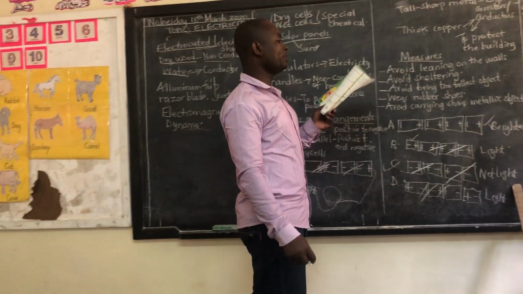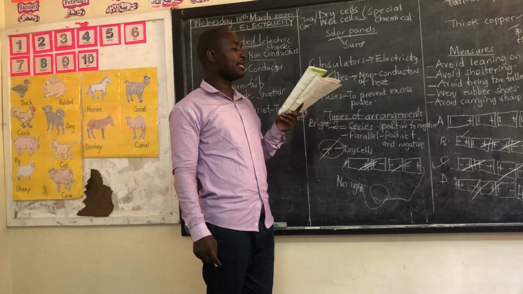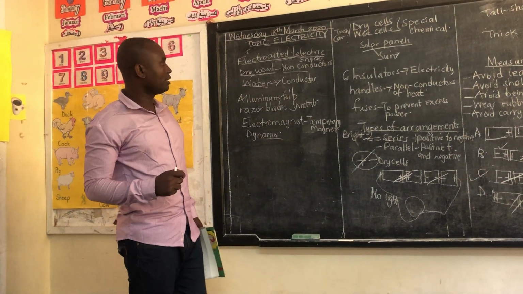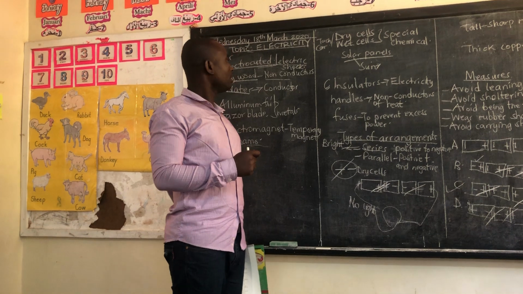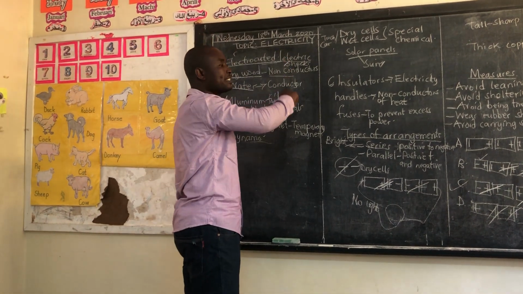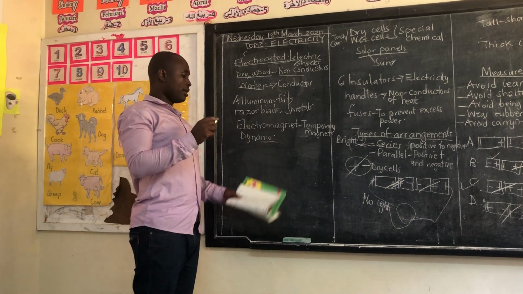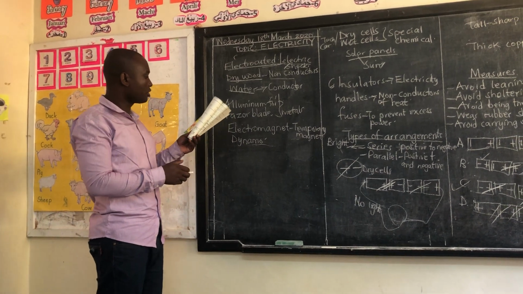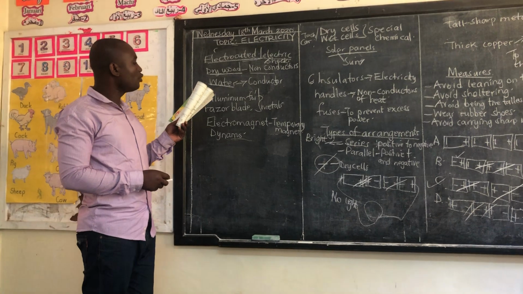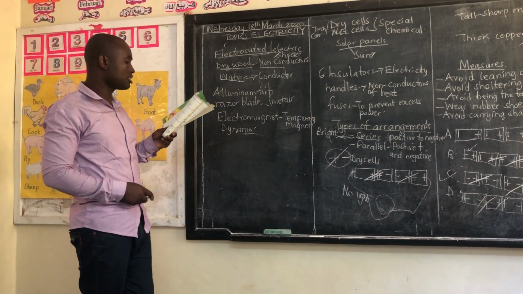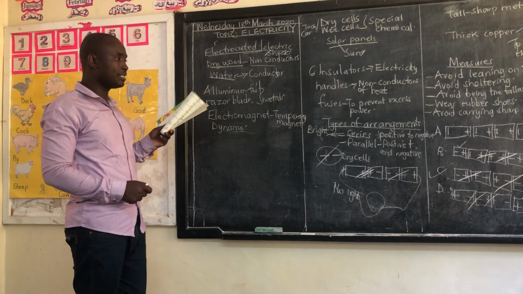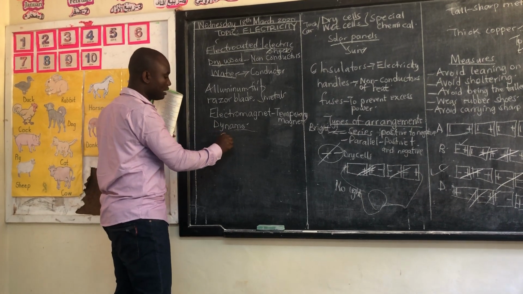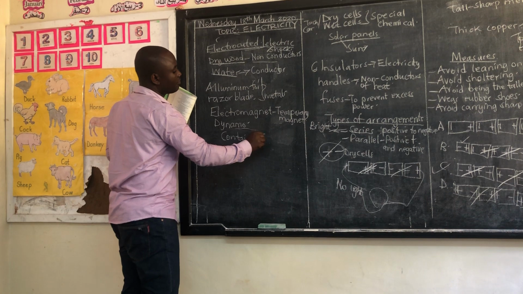Number 17. Which practices will not result in a person getting an electric shock? We only get an electric shock when we are in contact with that source of electricity. When we are in contact, or we are using something which is a good conductor of electricity, we are going to expose ourselves to that electric shock. So, number 17, which one will not result in a person getting an electric shock? A, touching sockets with wet hands. Wet hands contain water, and therefore we are going to be